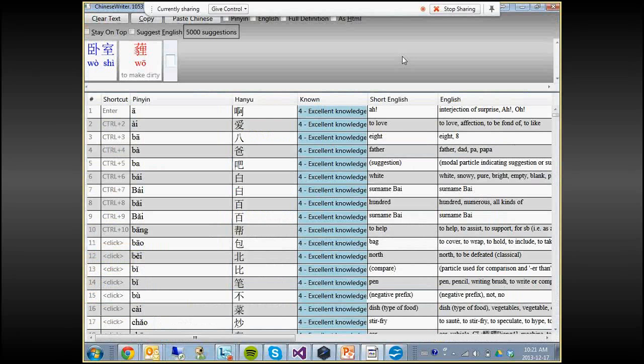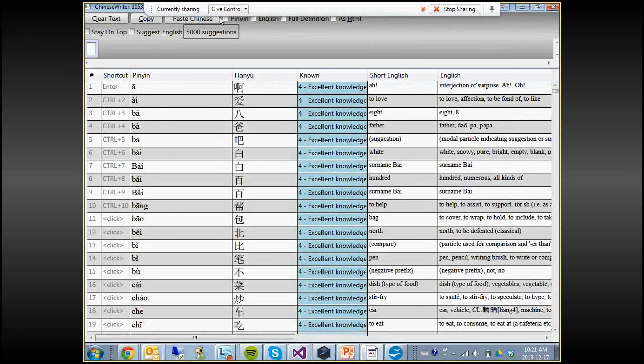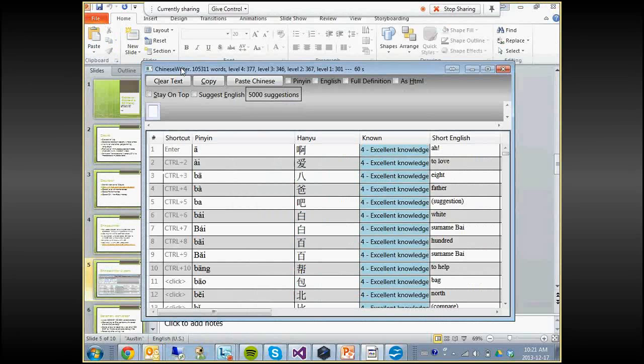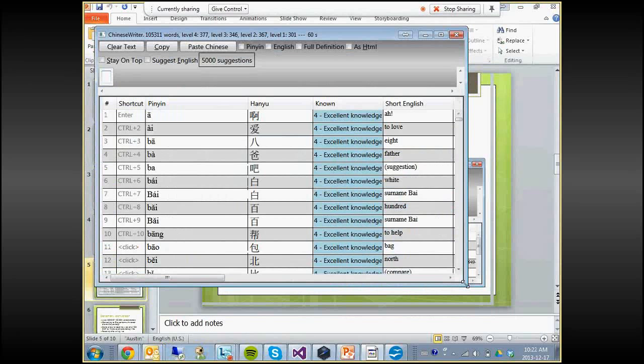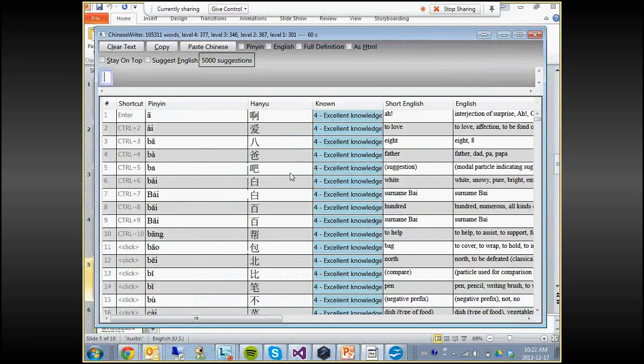So then there was the copying of things. And then if I want to, this should be only used as a last resort. But if I'm writing some sentence and I really don't remember some word, I can also search a dictionary for English matches. So I can write here,